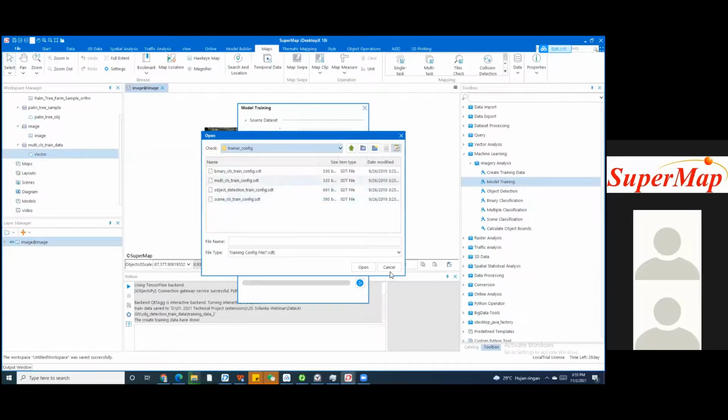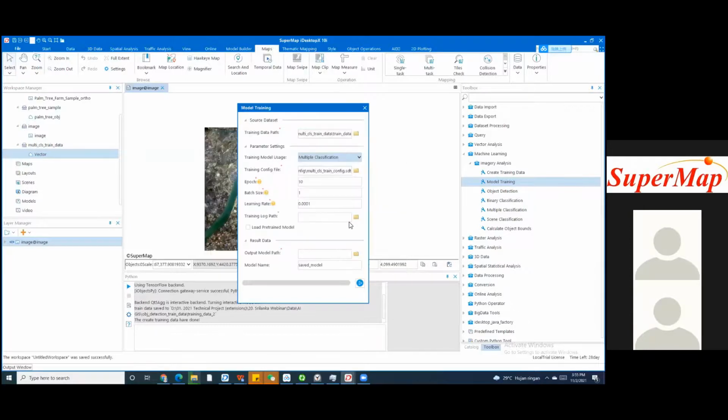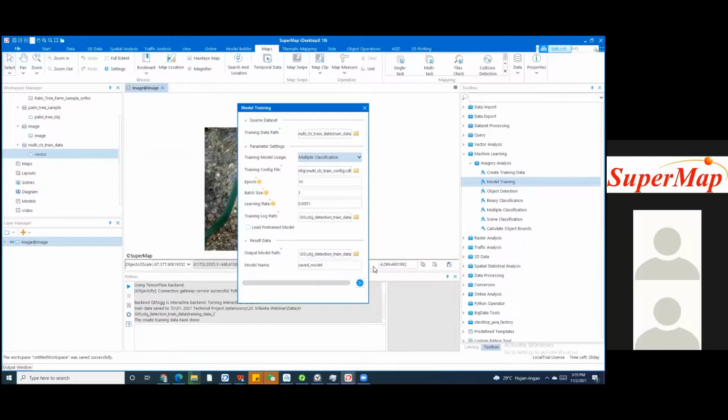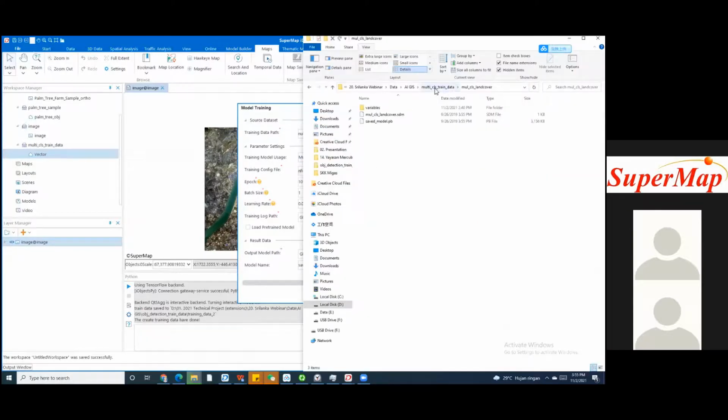Choose this multiple classifications. For the log path, we can choose a random folder, and the output model path is also a random folder, and you put the model name folder. This is the save model, and this is the result after you click the running process. Okay, this is the result. There is a save model, and after that,